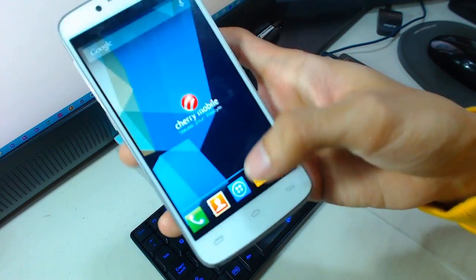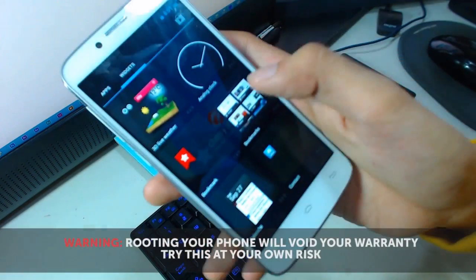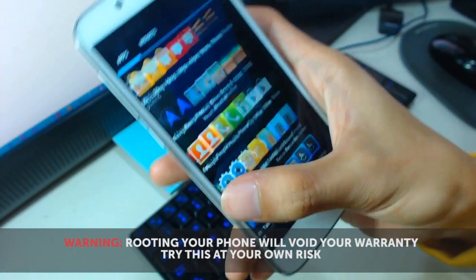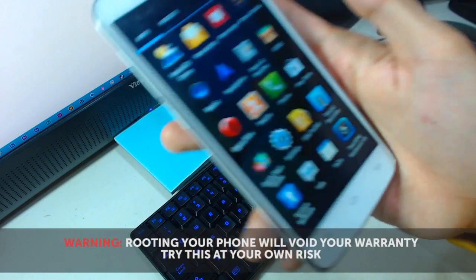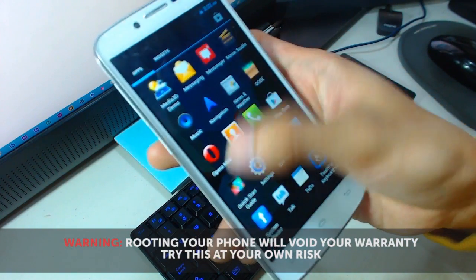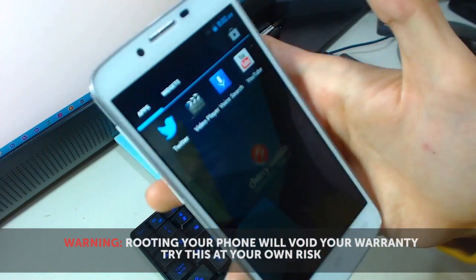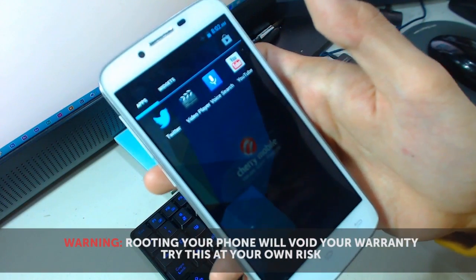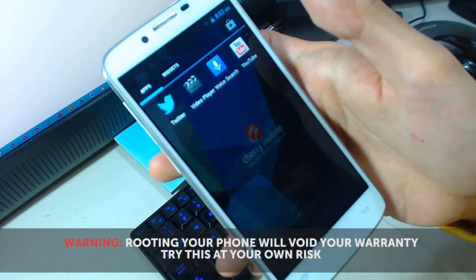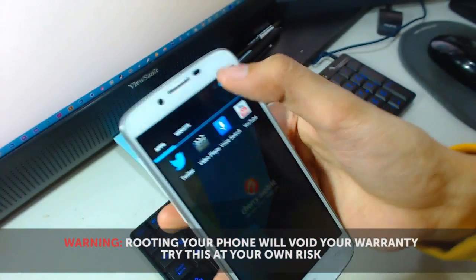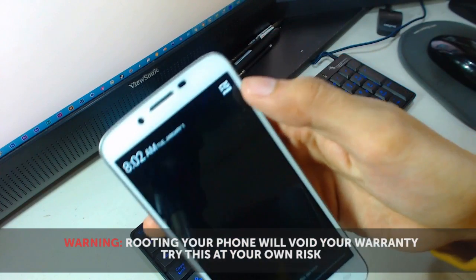So this is the Omega HD 2.0, and as you can see, wala pa dito yung ating Super SU or Super User na app. So it means hindi pa rooted yung ating phone. So first, we need to activate the developers option sa ating phone. So you will notice na medyo iba yung interface ito kasi it is running on the 4.2 na Jelly Bean na Android. So what we're going to need is to swipe down sa top, and you will see na merong